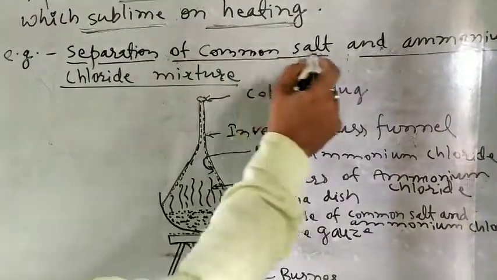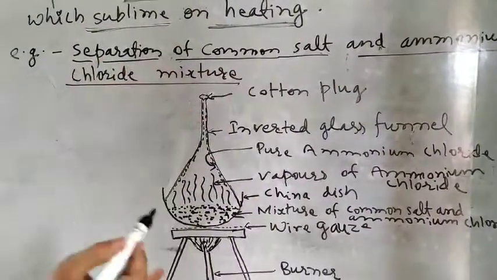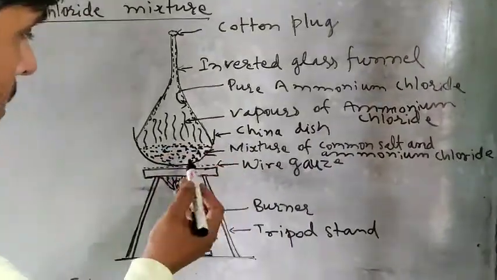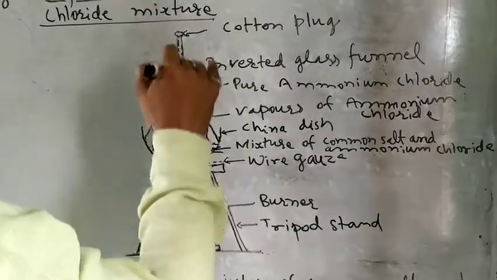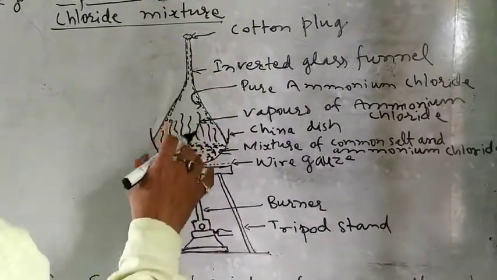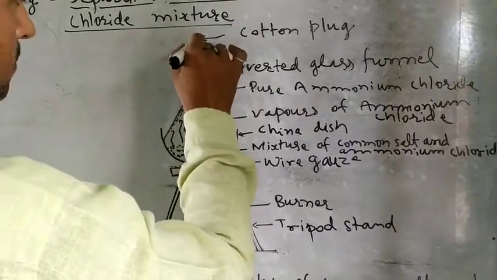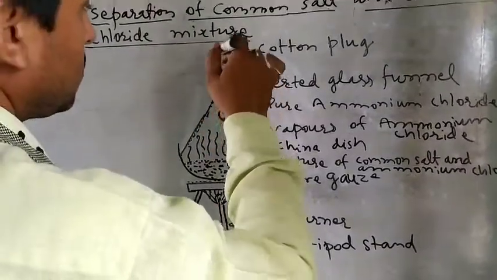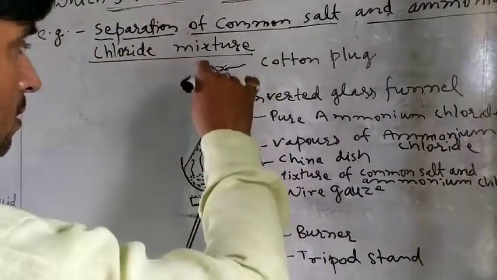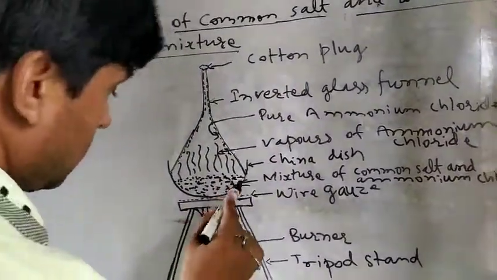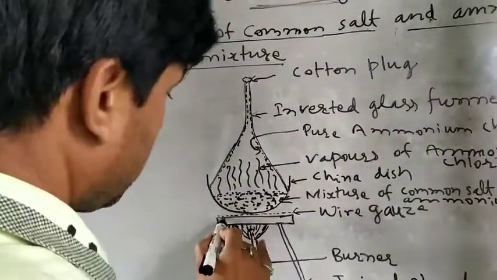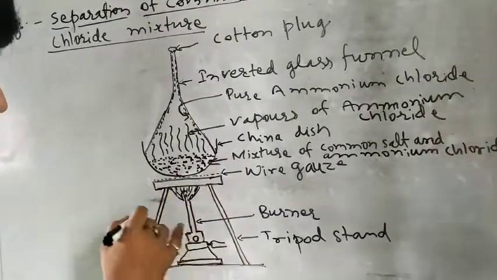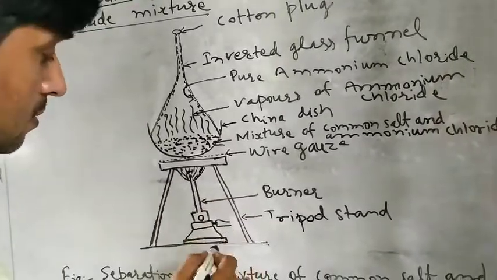For example, separation of common salt and ammonium chloride mixture. We take a china dish in which we take the mixture of common salt and ammonium chloride. After that we take a funnel and invert it on the china dish to cover the mixture, and at the open bottom part we put a cotton plug to stop the vapor from coming out. After that this china dish is put on the wire gauze placed on a tripod stand, and this is the Bunsen burner. After heating